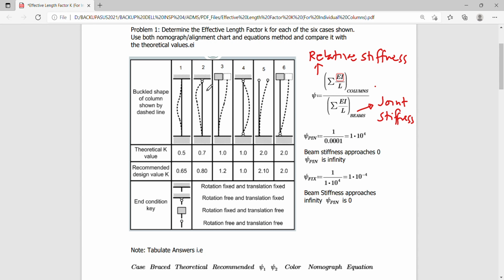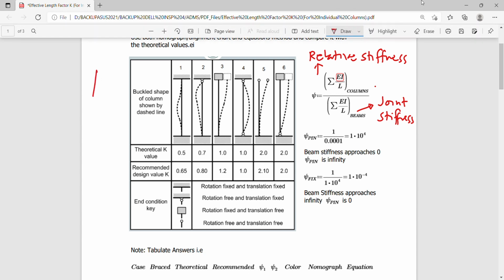So for the relative stiffness of a pin joint, okay. So if we have a joint comprising a pin support,